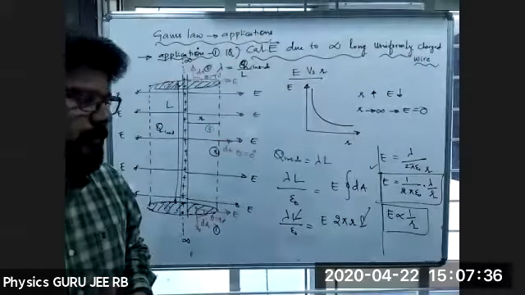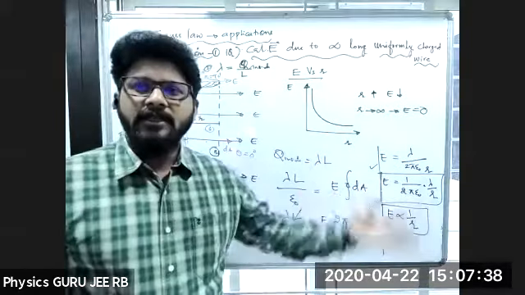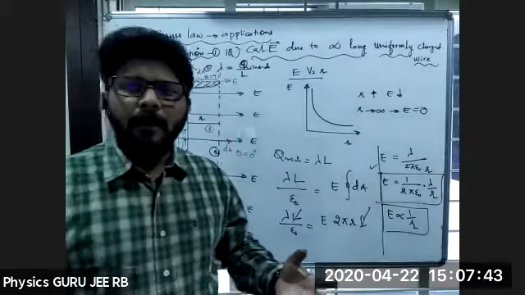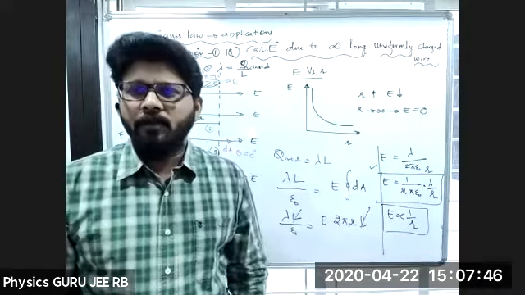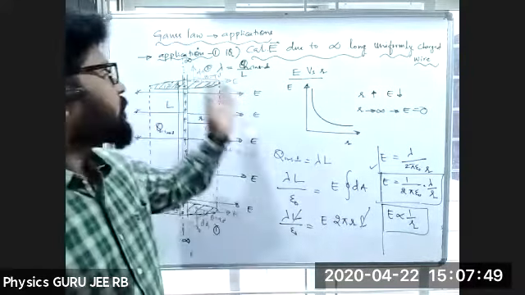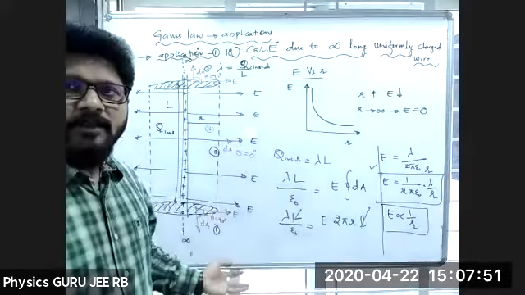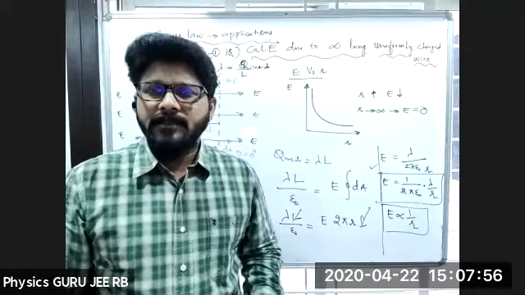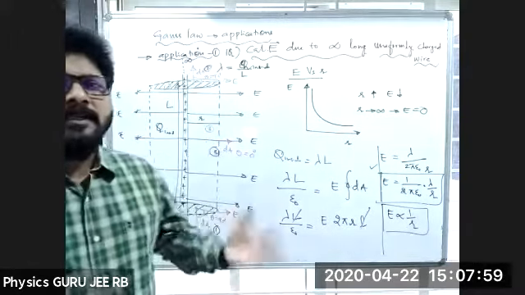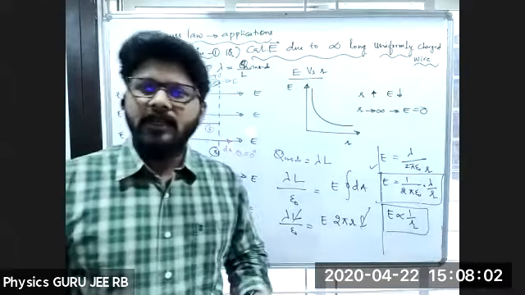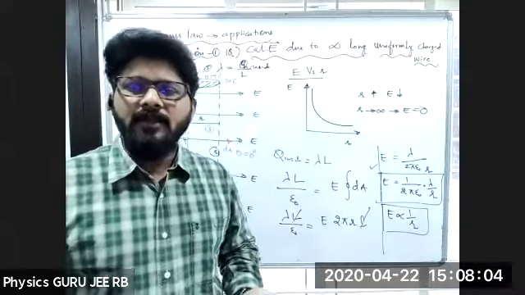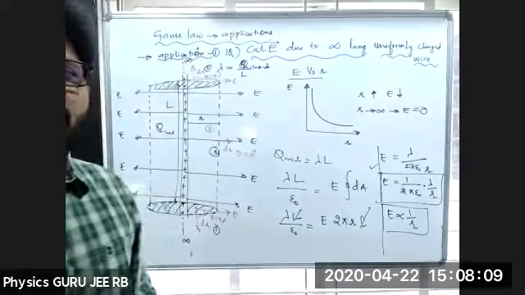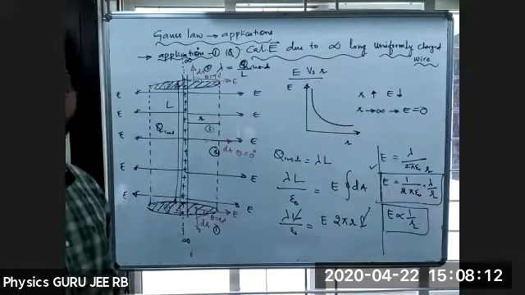So like that, we calculated Gauss law applications, and yesterday we even calculated the flux through a cone. Applications of Gauss law, infinite wire and infinite plane sheet, we are going to discuss in the coming class, and next the infinite cylinder and sphere, conducting sphere, non-conducting sphere, and how the flux will be linked. Still, if you have any doubts, let me know. You can take a screenshot of it.